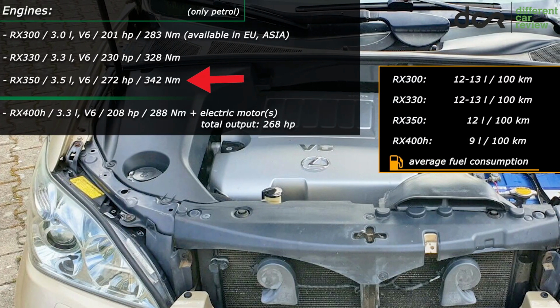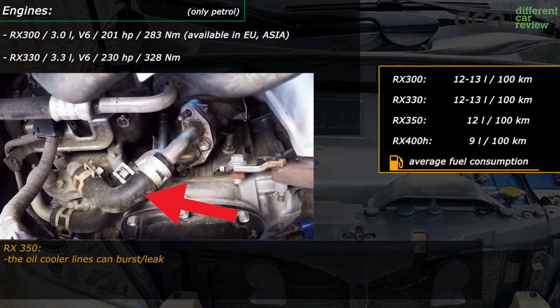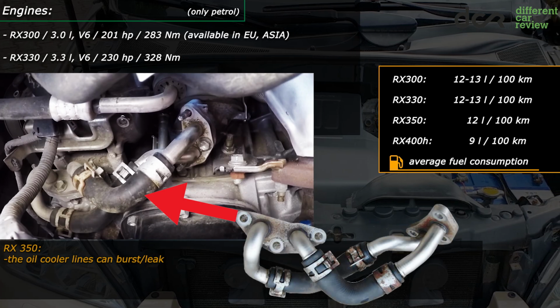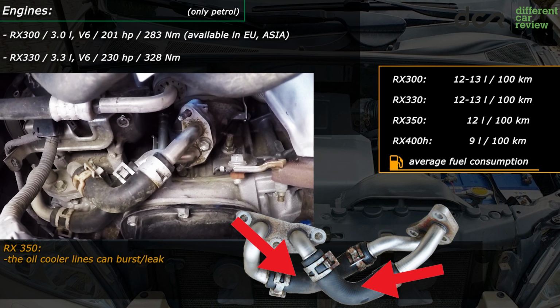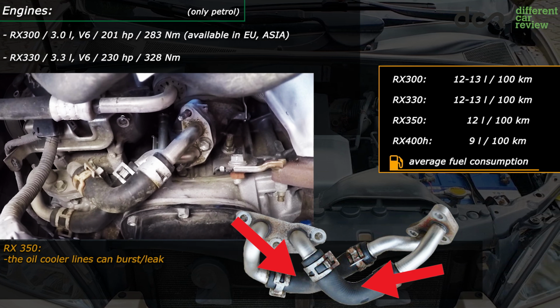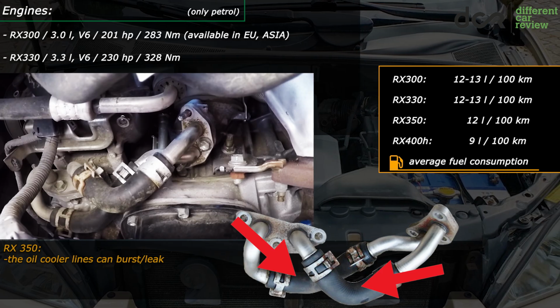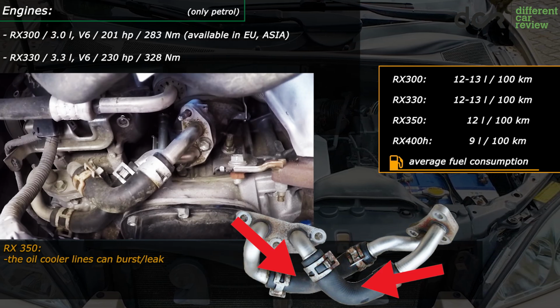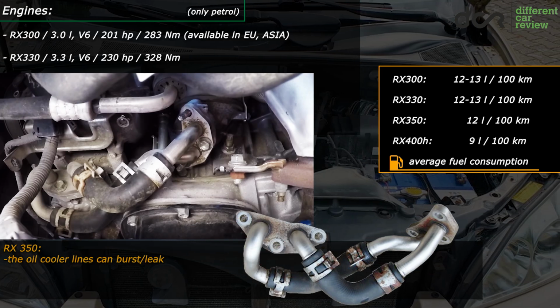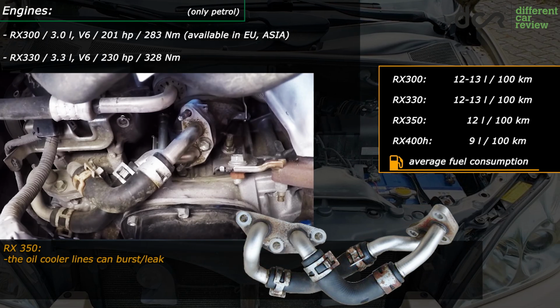The first problem is related to the oil cooler lines located on the front lower part of the engine. Like it or not, over time these rubber lines will get hard and brittle and they can burst at any time, resulting in a major oil leak since the oil in these hoses is flowing at a high pressure. Long story short, if you don't stop the engine very early, then you will end up with a damaged or